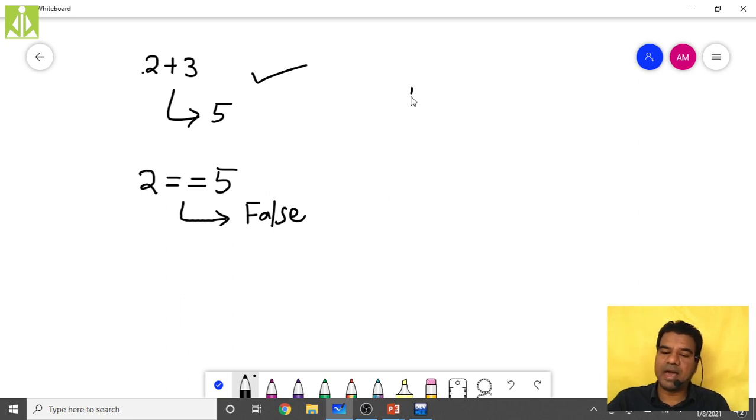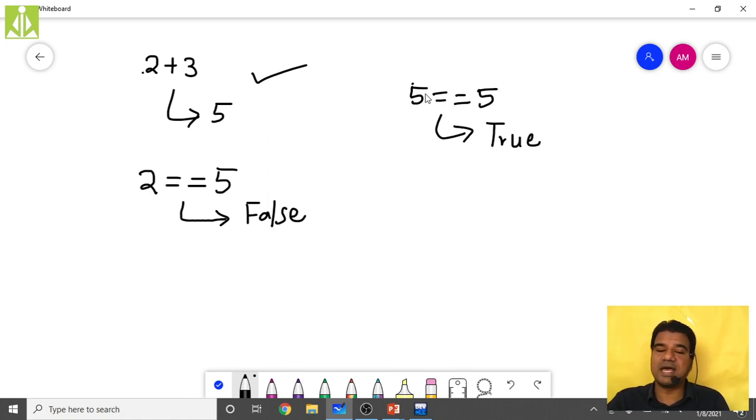Same thing, if you do the comparison between 5 equals to 5, let us say you are comparing two 5s over here, then this equal operator compares 5 with 5 and finds that both of them are equal. So what will it return? It will return a Boolean true value to indicate the case as correct. To indicate a case as not correct, the equal operator returns false. So this thing you have to remember.